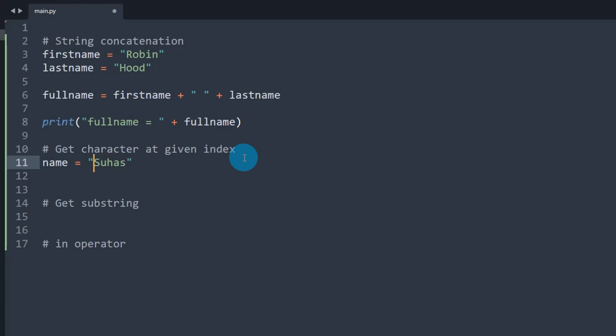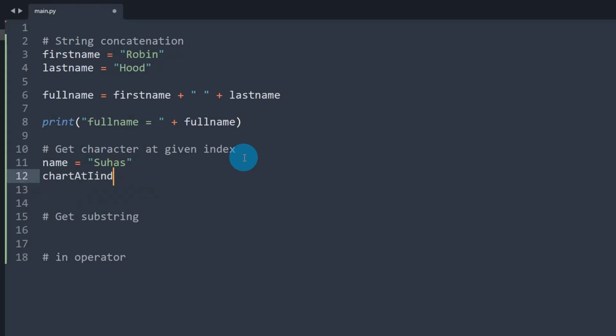So if you want to get the character at index 2, what is that? This is 0, this is 1, this is 2. That is nothing but H. Let's get char_index. You can write any variable name, that doesn't matter. So the variable is name here. Use square brackets. Treat it as an array.